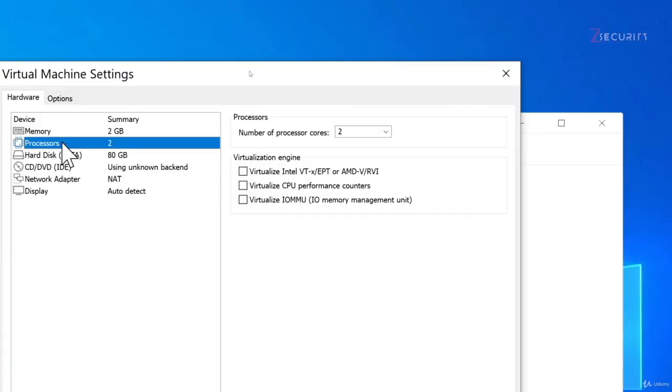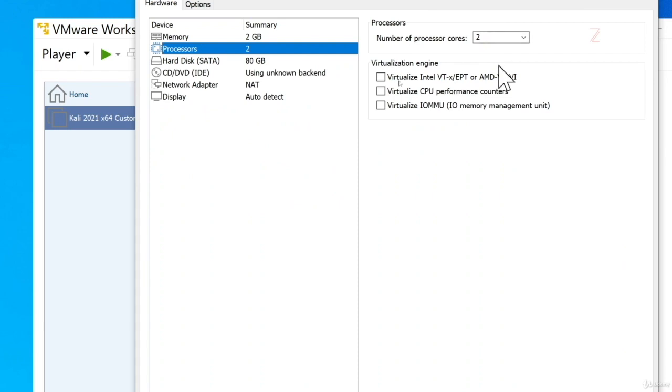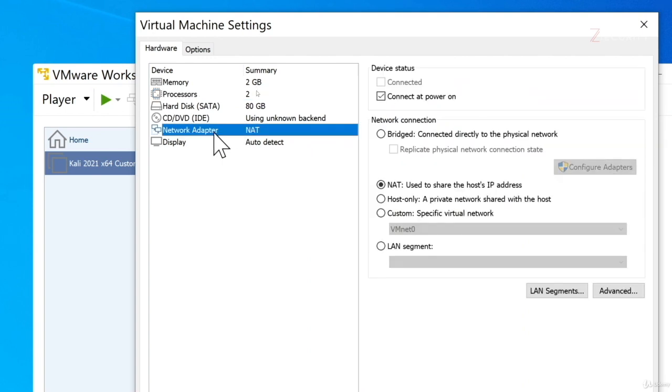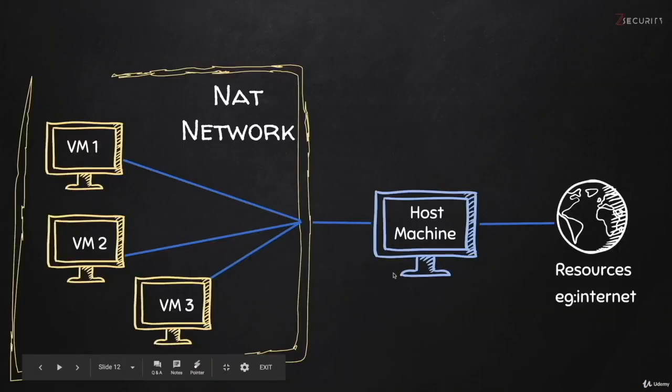You can also modify the amount of processors that the machine has. So as you can see, this one has 2 processors assigned to it. That is plenty, it's enough as you'll see, but you can give it more if you want to give it more. Another really important option is the network adapter, and as you can see, this is set to NAT. And this setting will basically create a virtual network where my host machine is going to be the router for this network, and then all the virtual machines are going to be